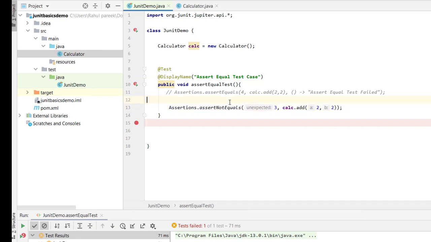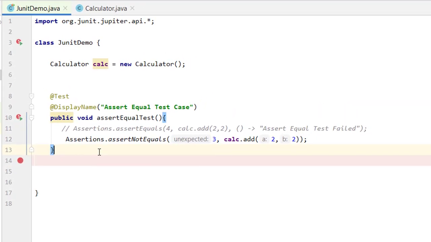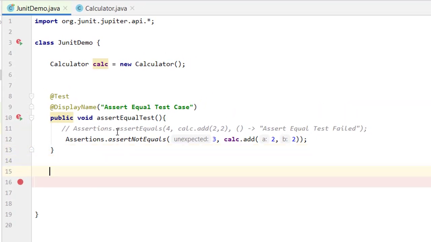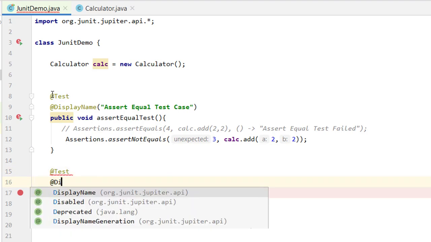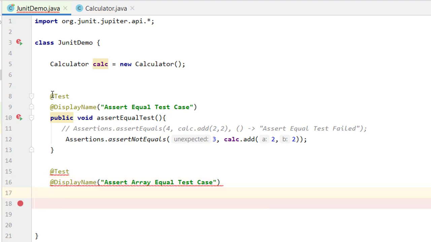Okay, now let us see one more assertion function, which is assert array equals. Let me create a new test case. Let me give a test annotation, then a display name on it. The display name will be assert case. Now let me create a method, public void assertArrayEqual.